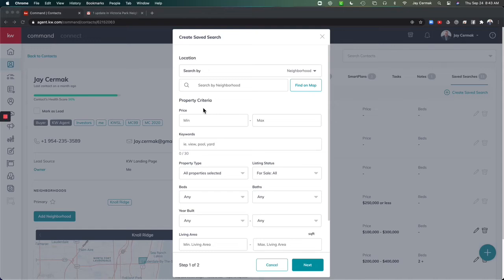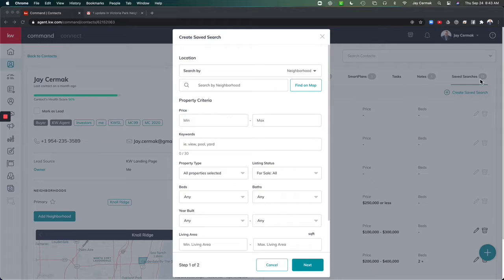In this video, we're going to show you how to create a custom saved search that will automatically email your clients. And you have now new controls over the ability to send it immediately, within a day, a week, month, that kind of stuff. So first thing you're going to do is go to a contact card, and you're going